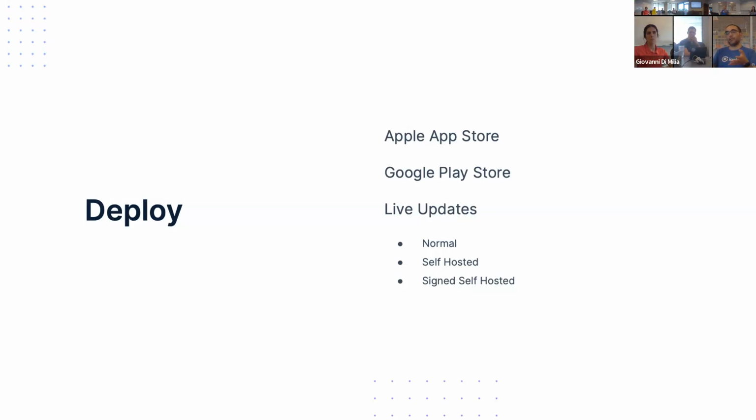They can build their web static assets and then sign them, so that when they land on their users' apps, they can check the signature and make sure the static assets are the ones actually built by them. This live updates piece is a very specific feature of Appflow and hybrid web, like Gio was saying.